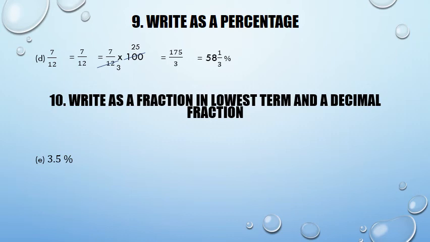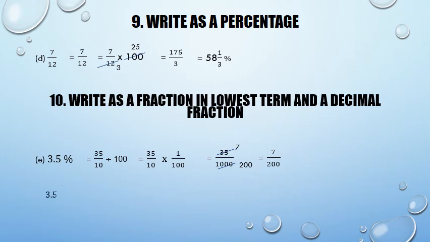3.5% means 35 upon 10%, and 35 upon 10% means 35 upon 10 divided by 100. So 35 upon 10 multiplied by 1 upon 100, which is the reciprocal of 100. Now this is equal to 35 upon 1000. Now let us divide 35 in the numerator and 1000 in the denominator by common number 5. So 35 divided by 5 is equal to 7 and 1000 divided by 5 is equal to 200. So this percent written as a fraction in lowest term is equal to 7 upon 200.